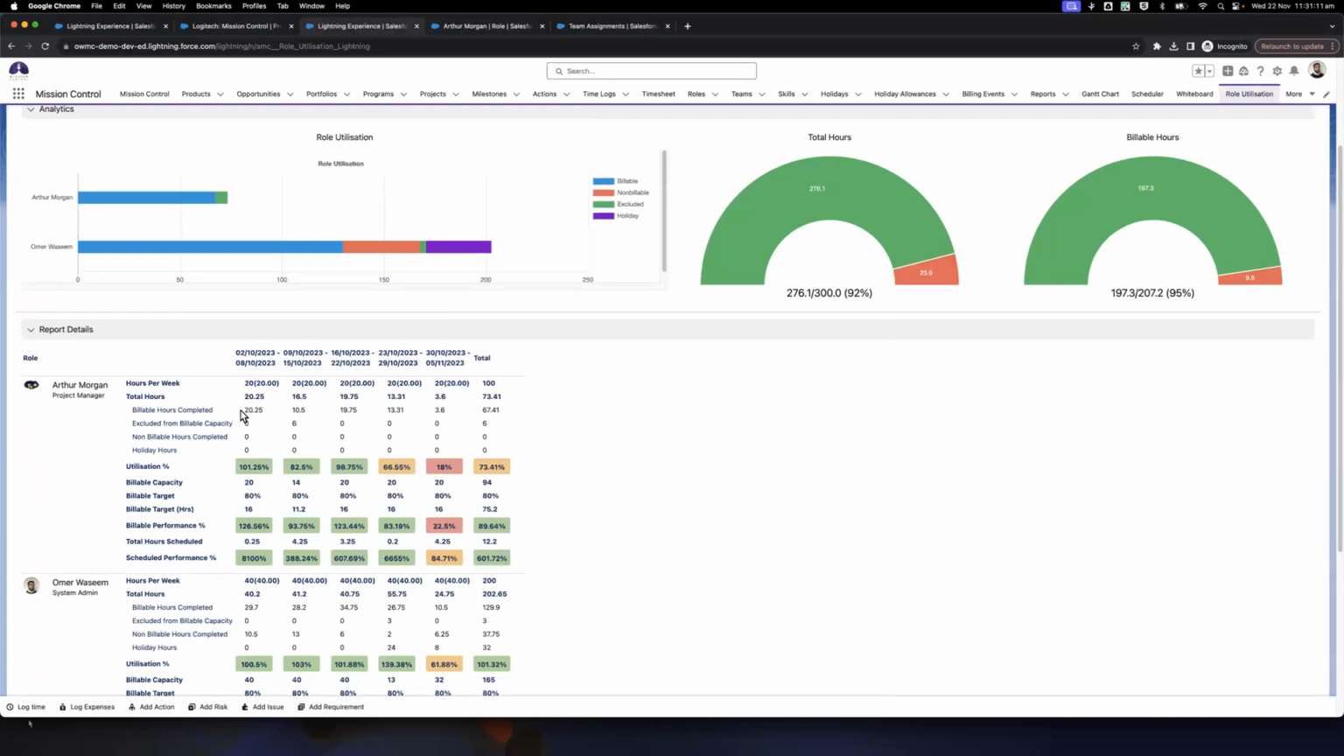For total hours per week, that's based on the time logs. So the billable hours, that's based on time logs. Exclude from billable capacity, again, that's based on time logs. Non-billable hours completed, again, that's based on time logs. You've got holiday hours, and that's based on the holiday records that you've created. So if I just jump into time logs here and then holidays here,